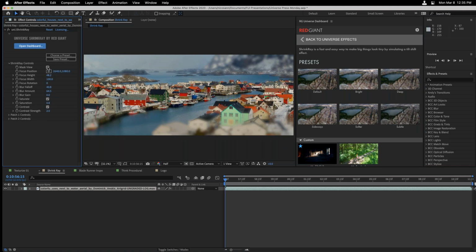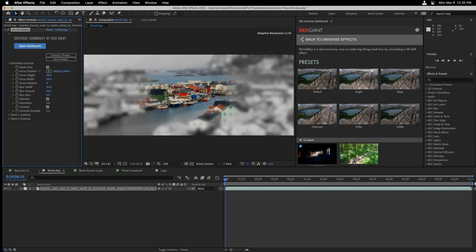Inside of Shrinkray, you also have a mask view where it will present a black and white view of the area that's being blurred out. With this, I'm going to narrow the area that's in focus by playing with the focus width here. In fact, I have to do it quite a bit because this clip is long. So let me just make that 20 and then slide it over to the three houses using the shift key so it's a little bit faster. Narrowing this range of the item that's in focus, I'm going to turn off my mask view, and I can start to play with the blur